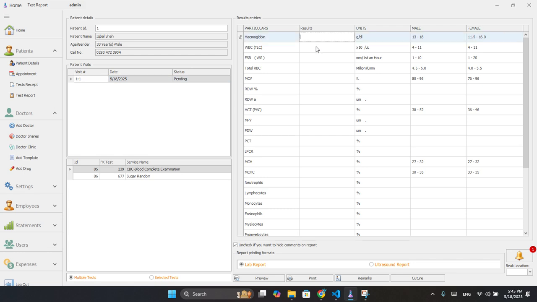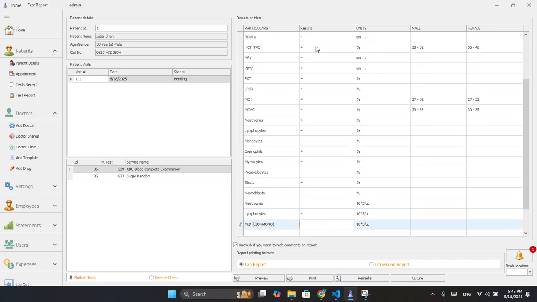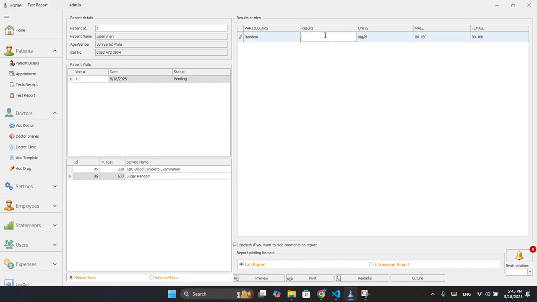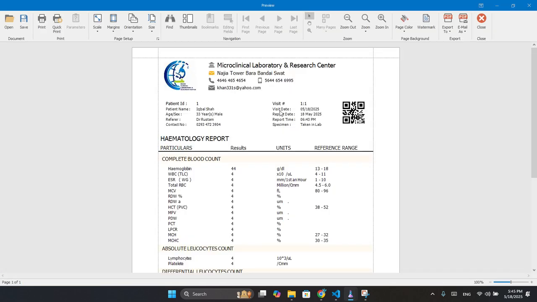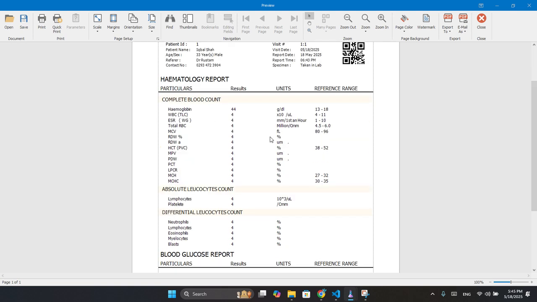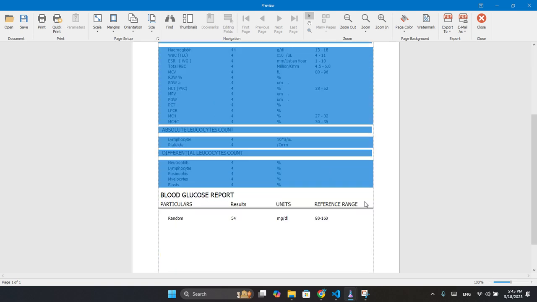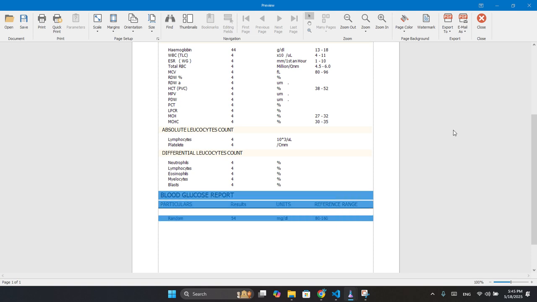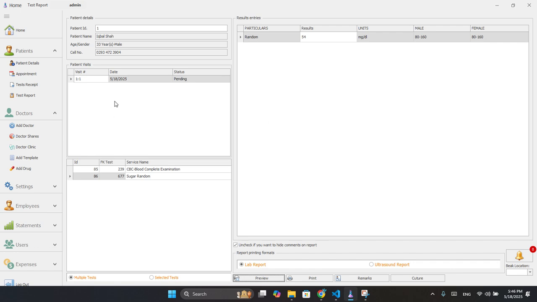So now let's add a random report to this. So the test report will look like this. This is the CBC report, the hematology report, and this is the blood glucose report that the pathologist has created. So once this patient appears to the doctor again,